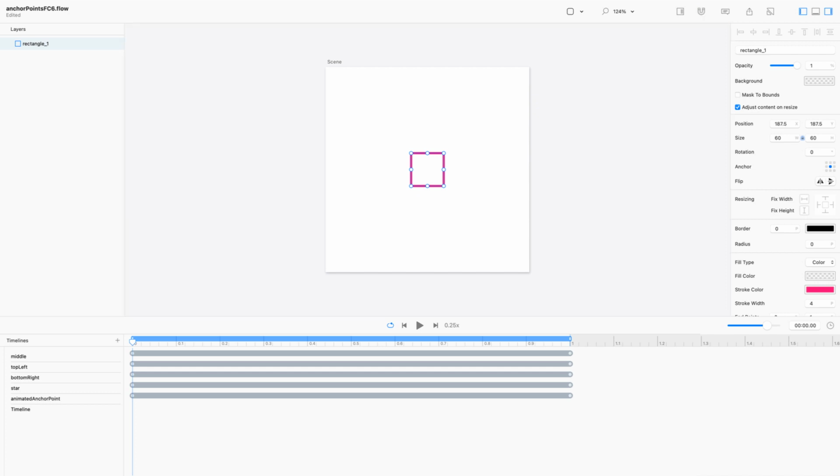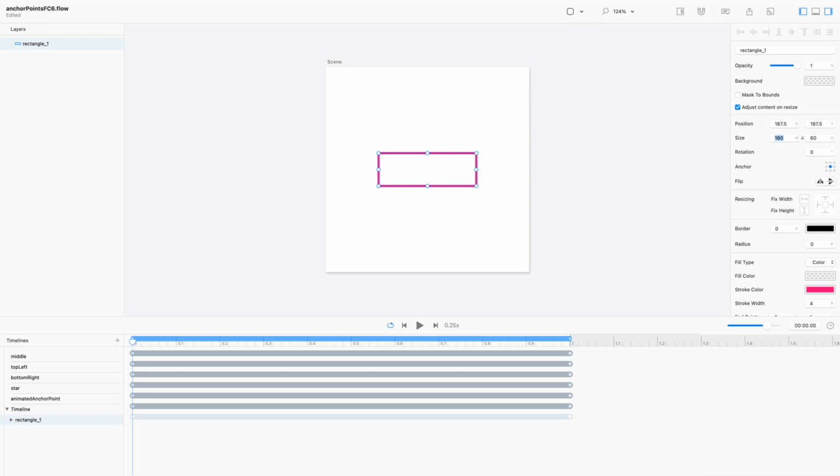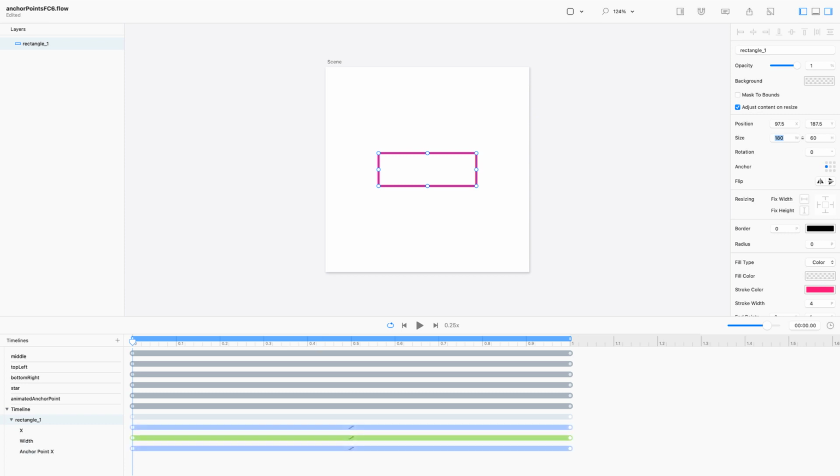What we actually want to do in this animation is animate it by the left-hand corner. We want to animate it from 60 to 180. That's the first step that we want to do. So we're going to make that 180. Now, if you noticed, I unclicked that lock right before I did that, so I could change the width without changing the height. The next thing that we want to do is change the anchor point to the left-hand side. And from yesterday's episode,